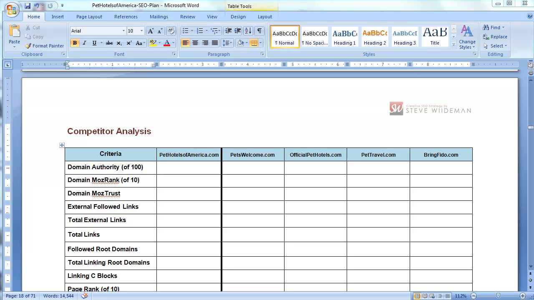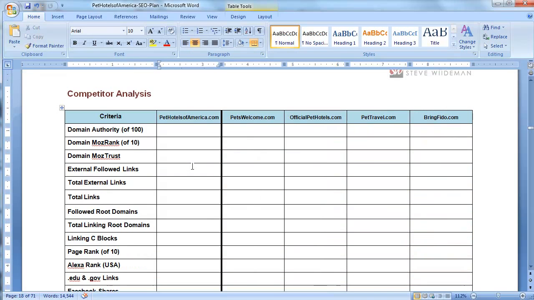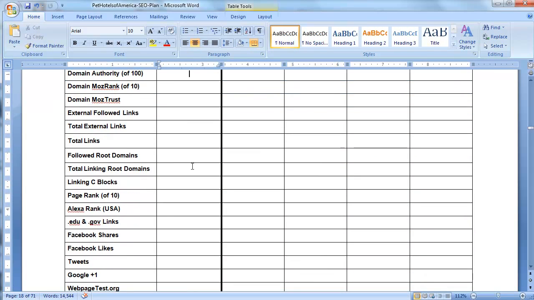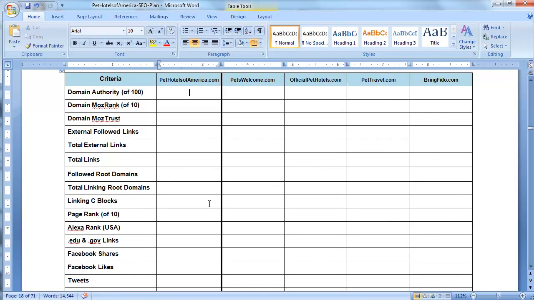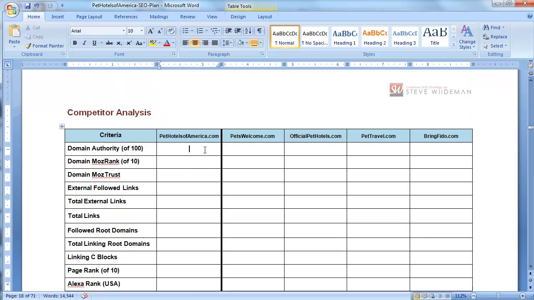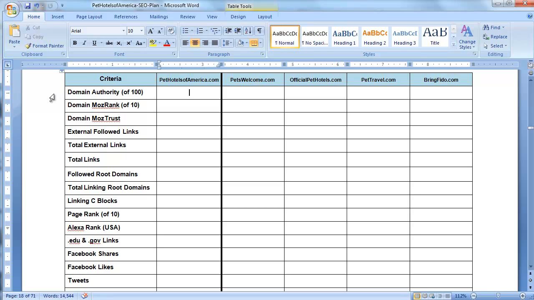So what we're going to do is go through each of 4 specific competitors of Pet Hotels of America, and include Pet Hotels of America so that as of today we will have a baseline. The goal, of course, over the course of the next 6 to 12 months is to hopefully level the competitive playing field in terms of all of these specific criteria. Most of these criteria are from